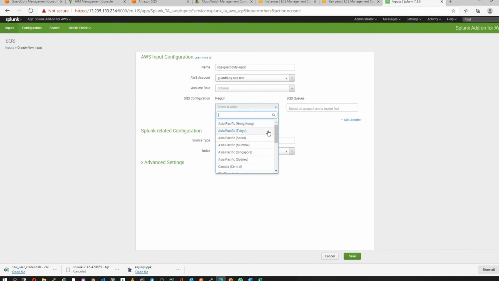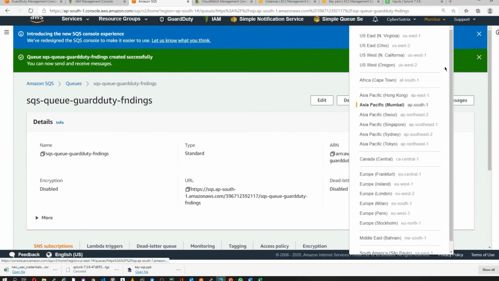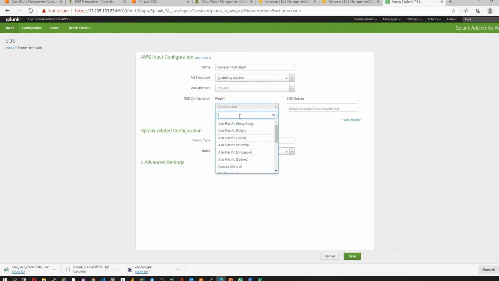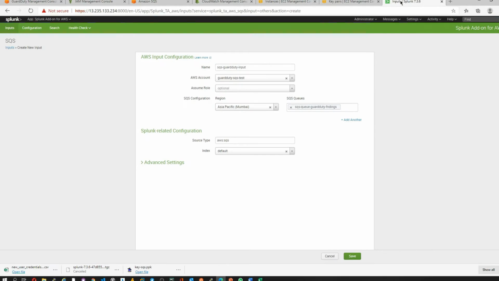Okay, this is optional. We're going to provide the region in which we have created the SQS queue, right? If we check our SQS queue, it has been created in the Mumbai region, that is AP South 1. So we'll go quickly here, to Mumbai, and it should automatically load my SQS queue which is created in that specific region. It might take some time, but yeah, it is here, right? So this is the queue that I have created in my Mumbai region. If you want, we can have a look. So this is my queue name, SQS GuardDuty finding, right?